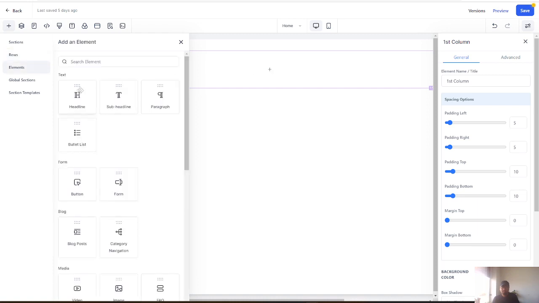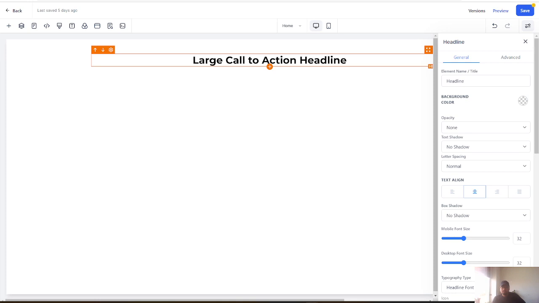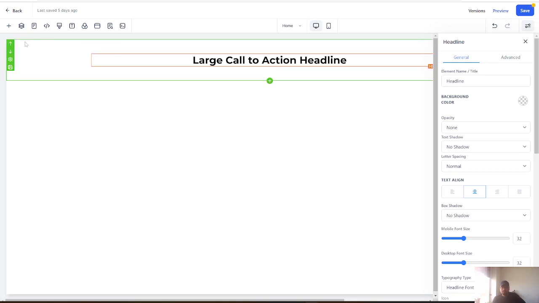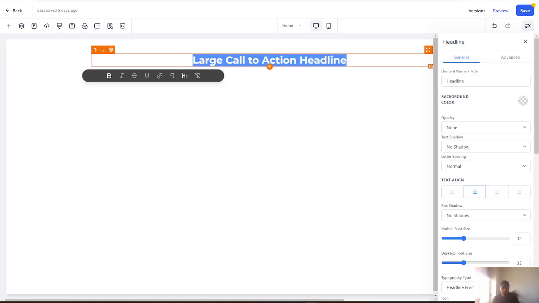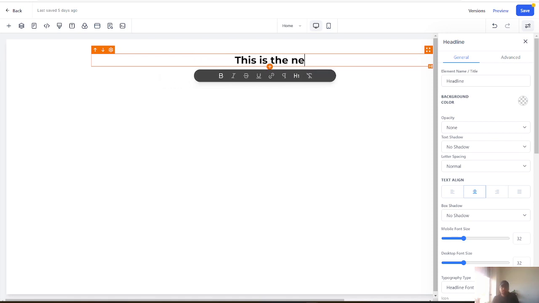Let's add what's here on the first row. Let's click on heading, and we are going to add heading here. So now we have a section. Inside that section we have a row. Inside this row we have an element called heading. So if you want to change the heading, you can just double click on it, and this is the new heading,